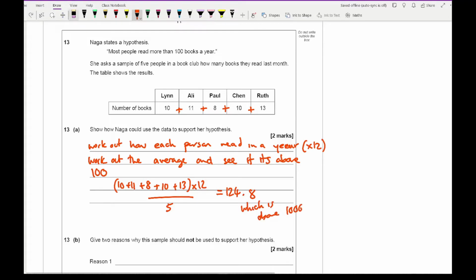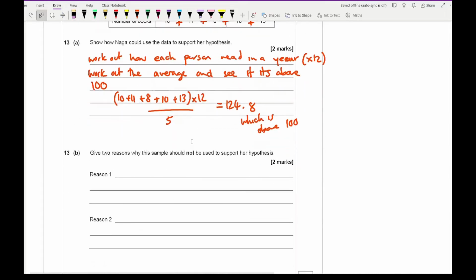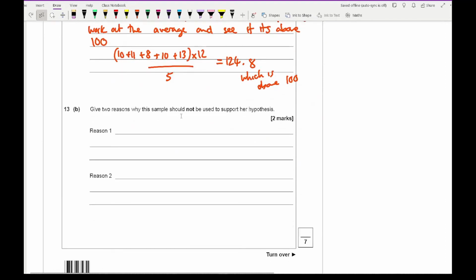Now, do we need to go into that much detail? Maybe for 2 marks. I don't think we did, but again, something along the lines of that you'd work how you'd use the data to show that Naga would support her hypothesis. We go from there. Now the next question says give 2 reasons why the sample should not be used to support her hypothesis. Now there's going to be several answers on this one, so you could say that her sample